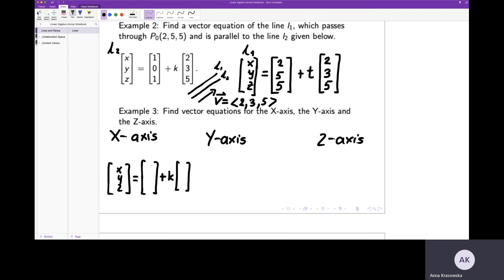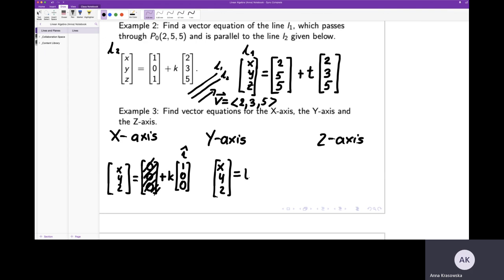What is the easiest point? It's probably (0, 0, 0). We know that the x-axis passes through (0, 0, 0), and a vector that is parallel to the x-axis is (1, 0, 0). Okay. Then we will not write this anymore because it's just a 0. And that vector, we recall that we called i for the x-axis, j for the y-axis, k for the z-axis. So the x, y, z equation for the